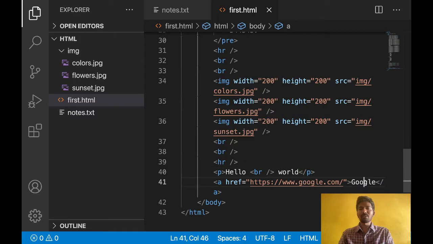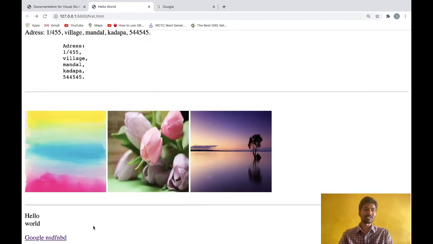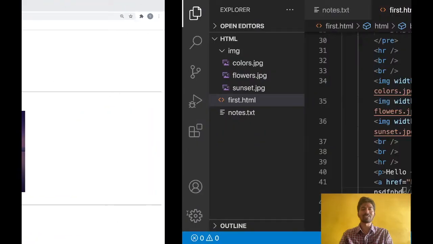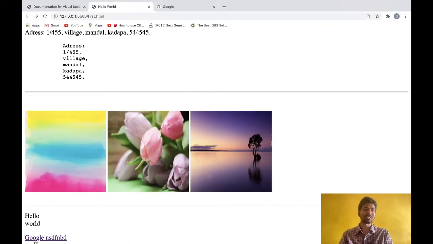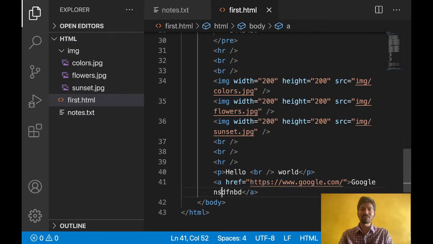So instead of Google, you can give any name here. That will display to the user. But it will go to google.com only, whatever you give, because in href, whatever is there, it will navigate to there. Let's click this one. See. So for our user's understanding, we should give this properly.